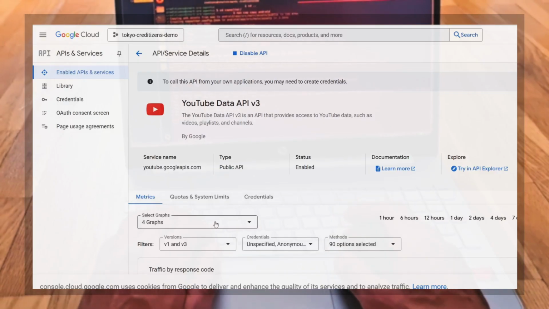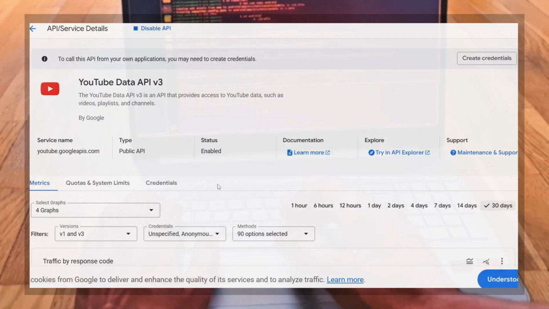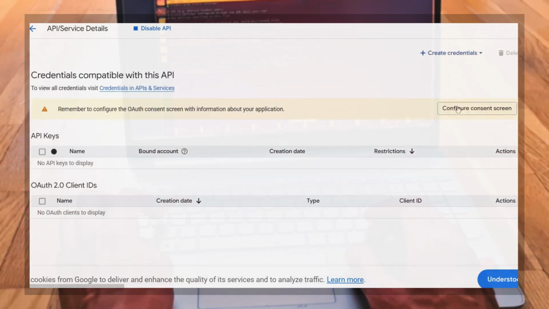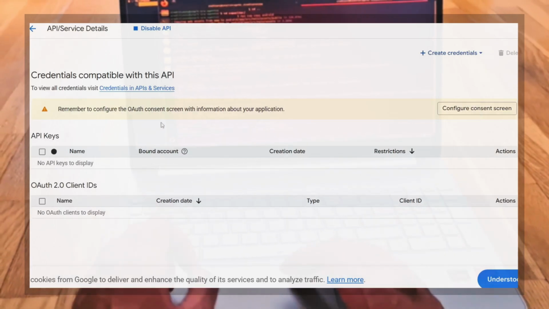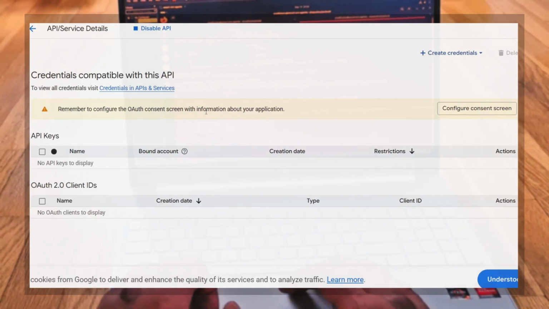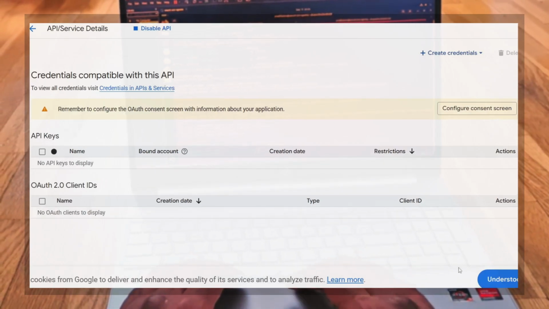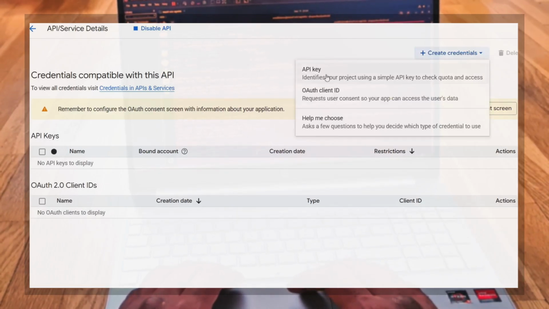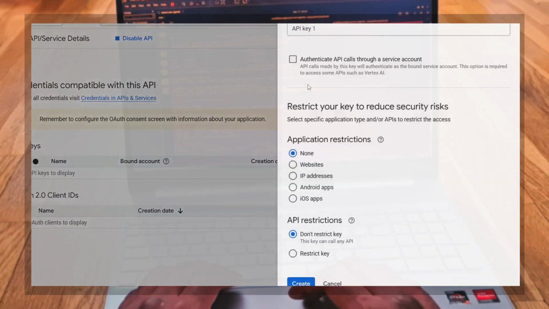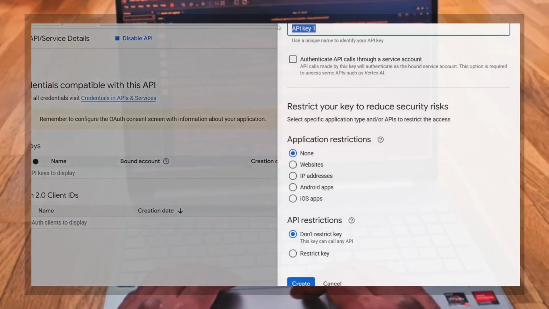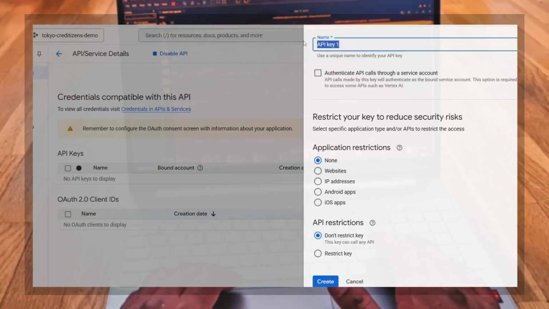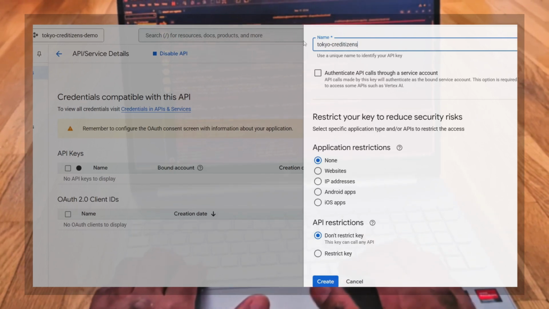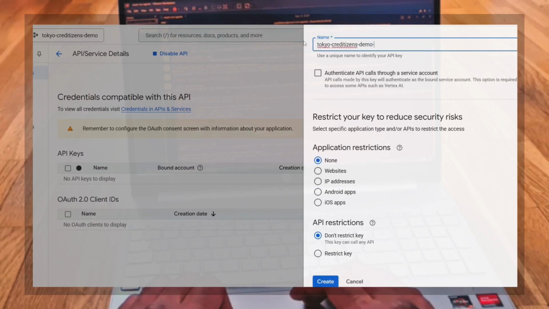Now what do you need? You need credentials. So here in the tab, there is a credential tab. You're going to click on the credential tab. And you're going to go at the top right, create credentials. Just here, create credentials, API key. You just put a name, you give it a name to your API key. So I'm going to call it Tokyo Creditizens Demo. Same as the project. YouTube